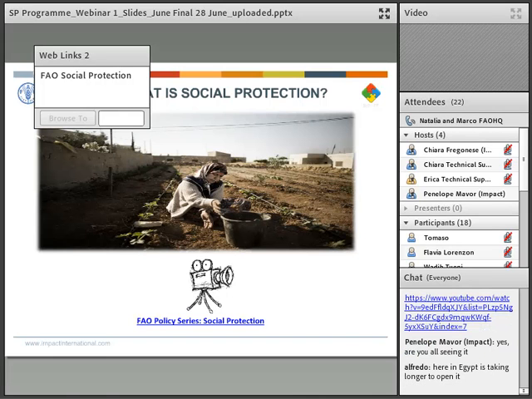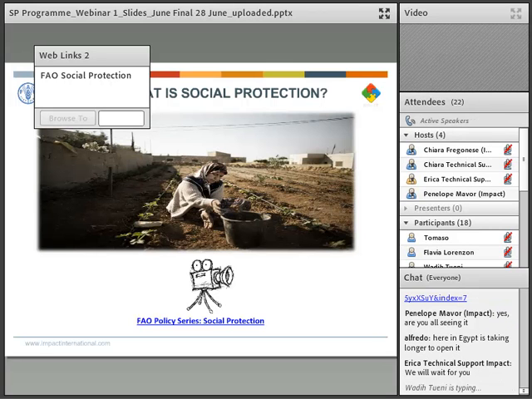Social protection has helped lift millions of people out of extreme poverty. However, 70% of the world's population, particularly in rural areas, still lack social protection, a key ingredient in any strategy for